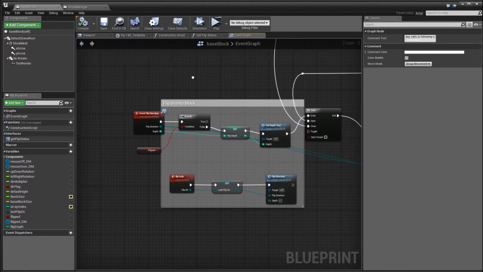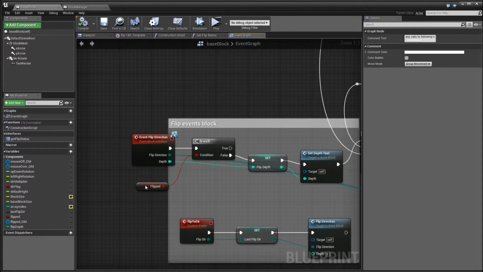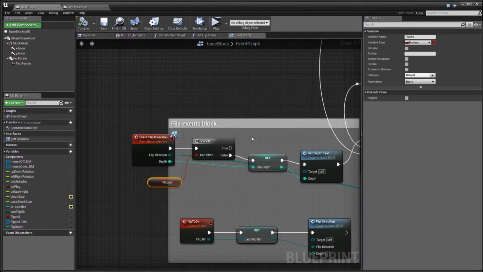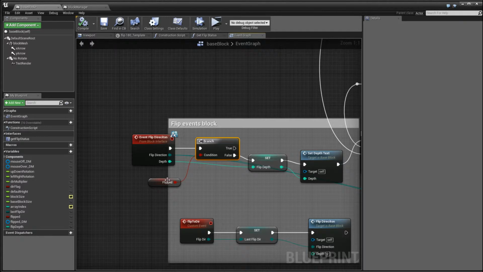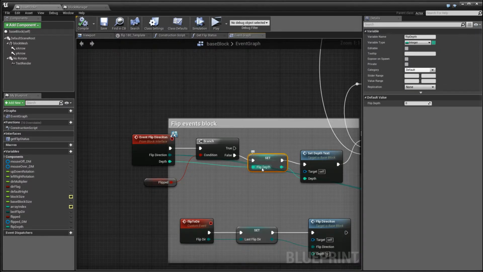And then at the beginning, we add two checks. Since we did the change in the sequence node, we can now do a flipped check on whether our current block is flipped or not. If it's flipped, we definitely don't want to flip it again. In the future, there will be a function to reset the flipped boolean, and also reset the flip depths, after the score calculation and everything is done.